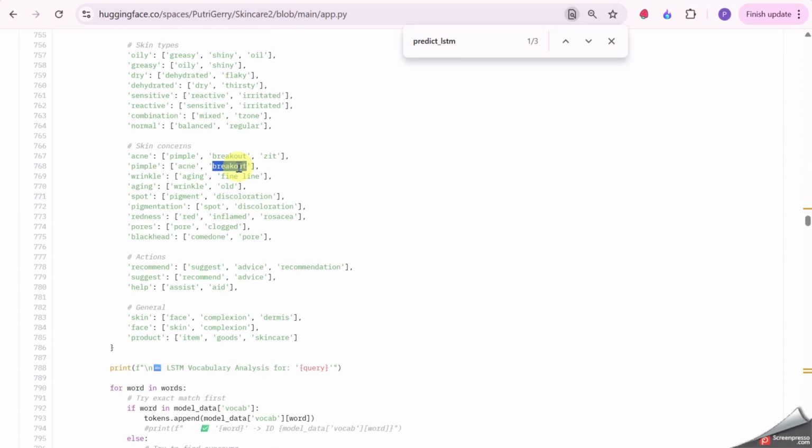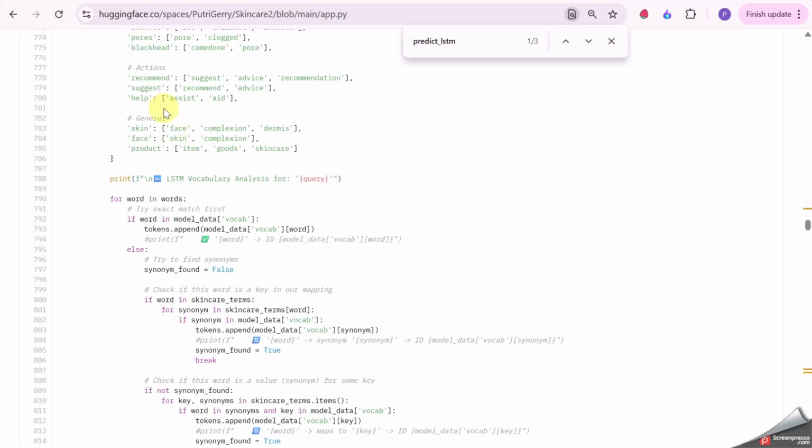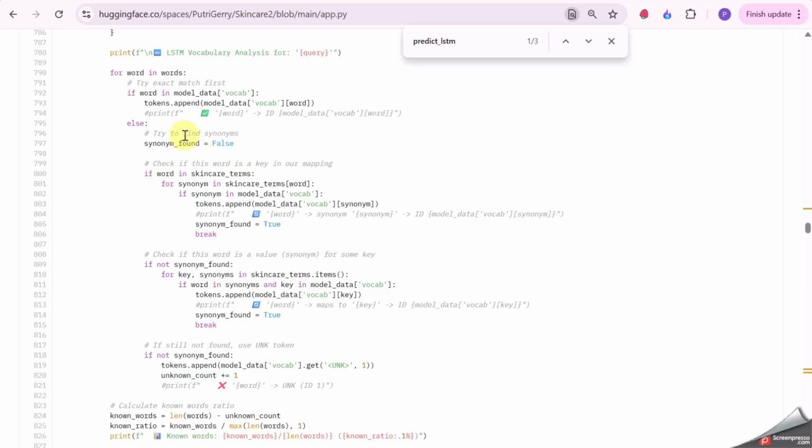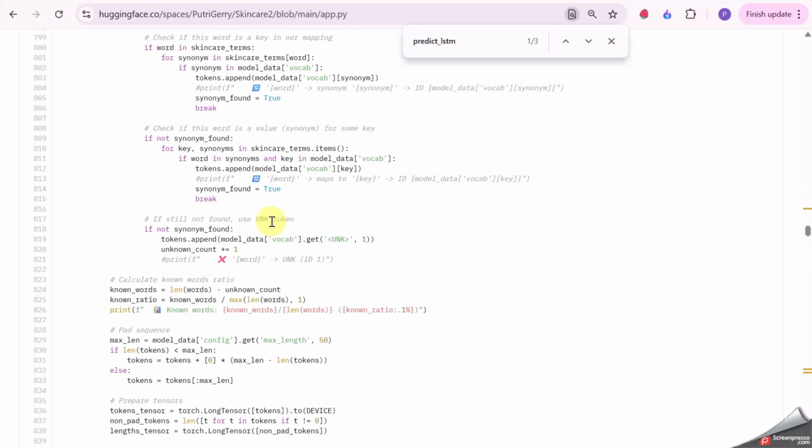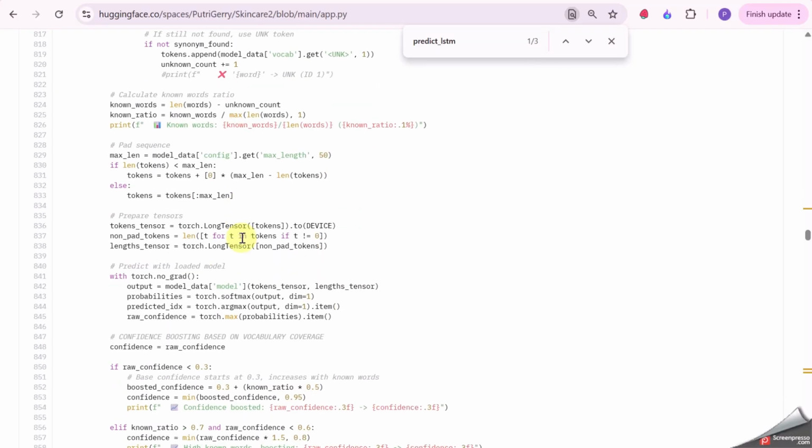And then if it's a breakout, the skin concern becomes pimple or acne. This is the synonym for the improvement of the LSTM section. And then we gonna get from the vocab of the model trained for the LSTM.